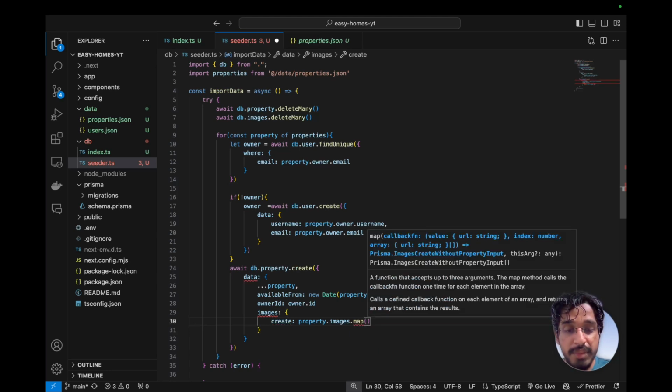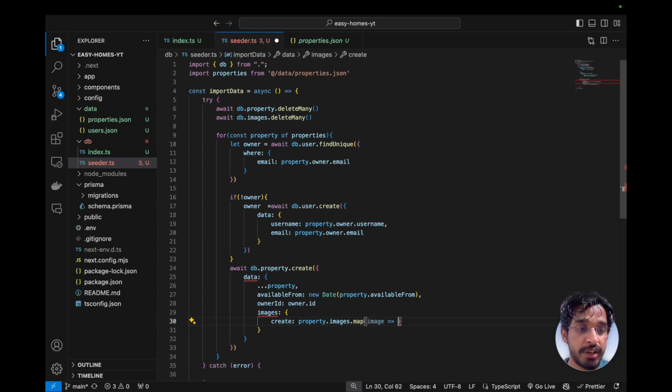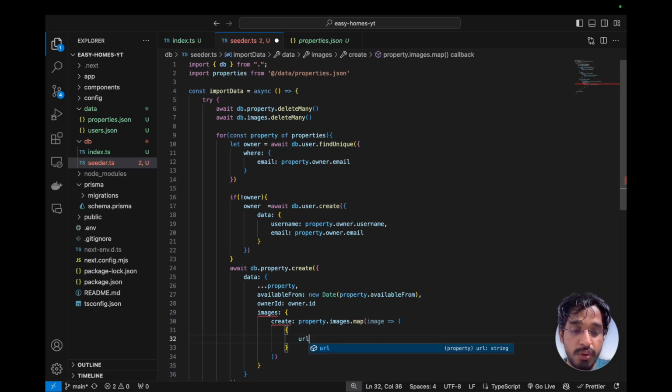So for every image, we are going to return an object with the URL property set to image.url. Let's do that. I'm using an implicit return, and within that let's specify the URL. Okay, and this is going to be within the object, image.url. I hope that made sense. And yeah, so